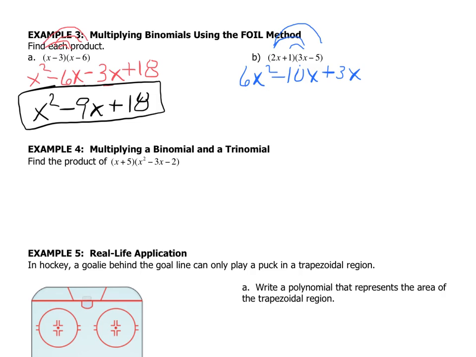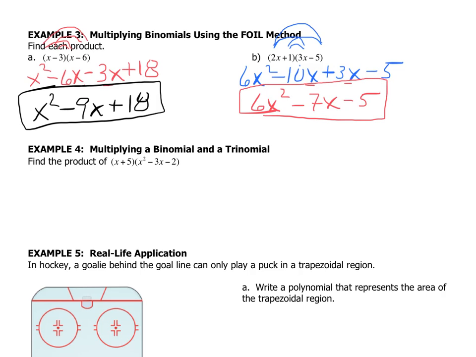And then the last terms, 1 times negative 5, which is negative 5. And once we combine the x's down the middle, we end up with a polynomial that is 6x squared minus 7x minus 5, and that'll give us the final, most simplified answer